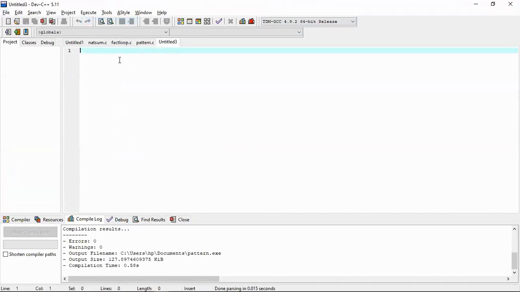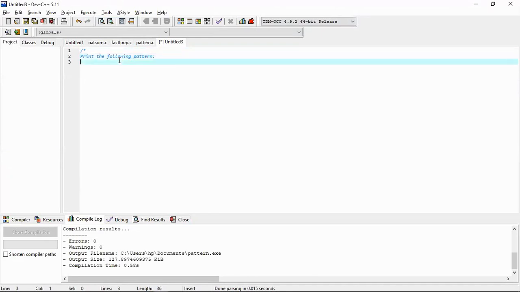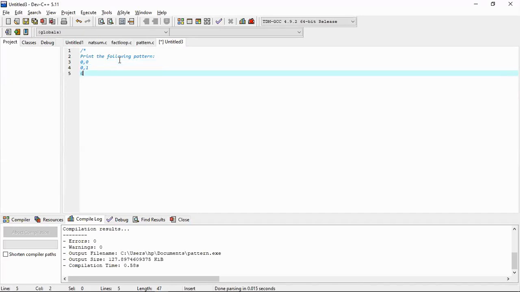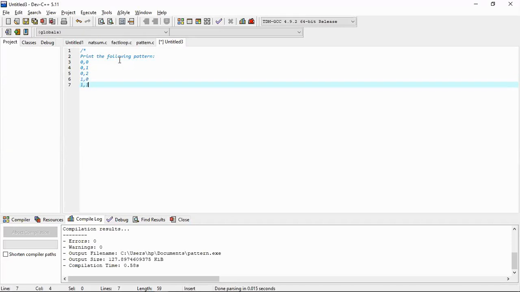Let me say that I have to print the following pattern. So I have to print 0 comma 1, then next line 0 comma, sorry, the first line 0 comma 0, the second 0 comma 1, then 0 comma 2, then 1 comma 0, 1 comma 1, then 1 comma 2,